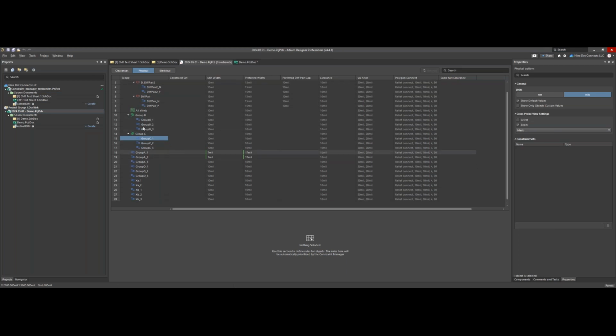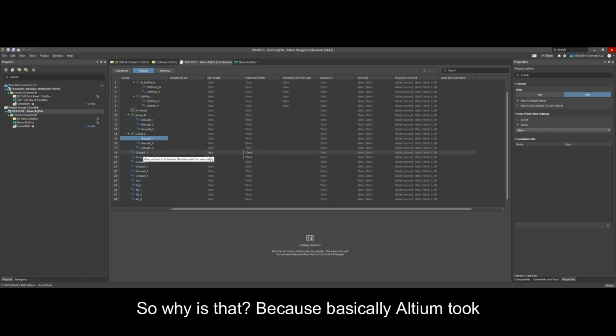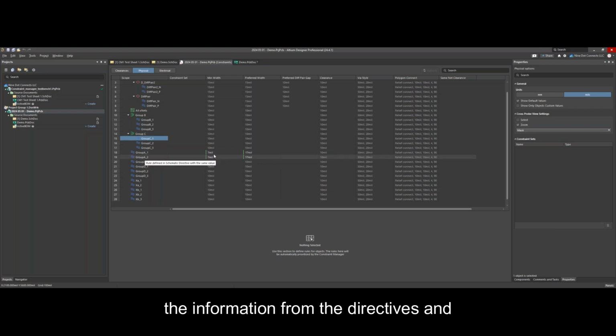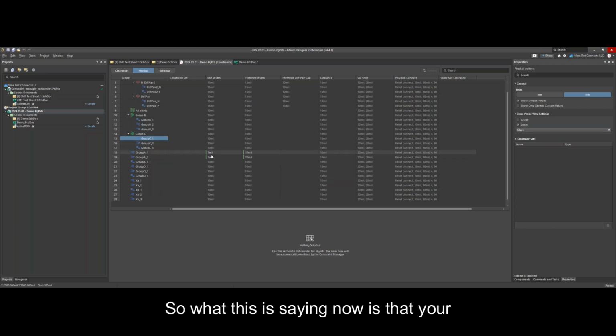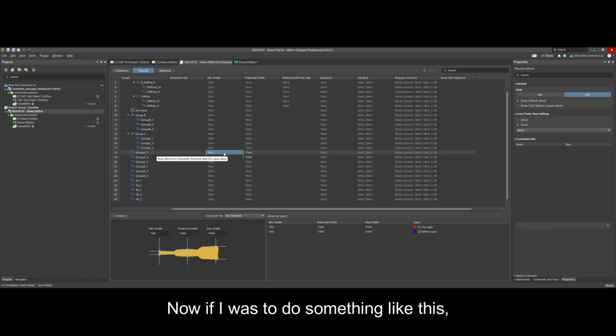Okay, you have your group B and your group C. By the way, if you notice this over here, this went from orange into green. Why is that? Because basically Altium took the information from the directives and filled it in. So what this is saying now is that your constraint is now in sync with what's going on there. Now, if I was to go in and say I now really want 6 mils over here,